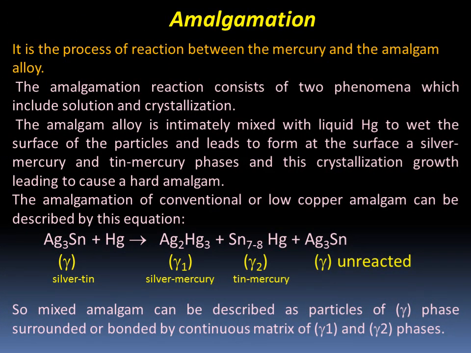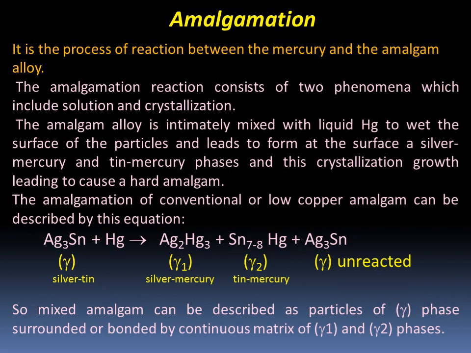Now, amalgamation. Amalgamation is the process of reaction between the mercury and the amalgam alloy to form the amalgam restoration. In amalgamation we have an important equation. Silver tin, the powder, reacts with the liquid, which is the mercury. This leads to formation of the silver mercury phase 1 and tin mercury phase 2, in addition to